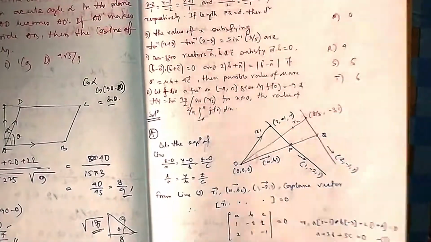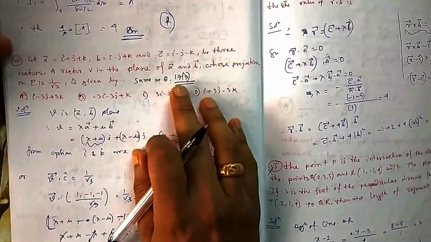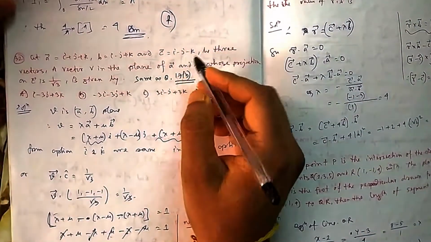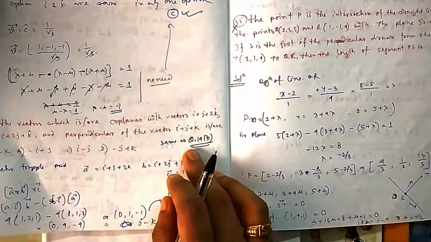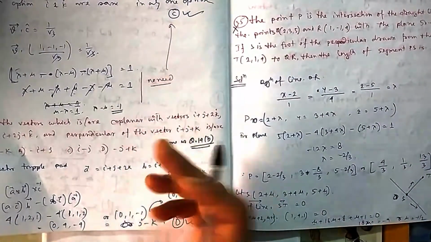Next, question 31 is again based on 3D. If you come to 32, it is exactly the same question as 17b. Just one value changes, I think, it is plus or minus, but it is exactly the same, so I am skipping this one. Question 33 is again the same as question number 14b, which we have explained. Exactly the same, just one plus or minus is different, so you can check that out.